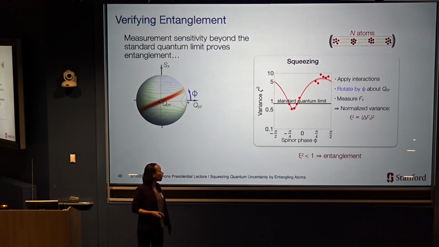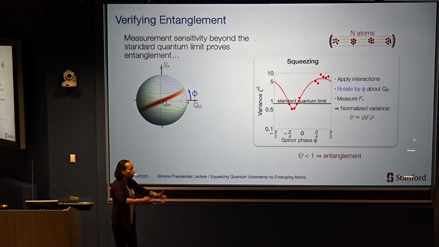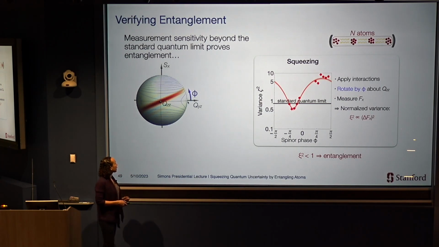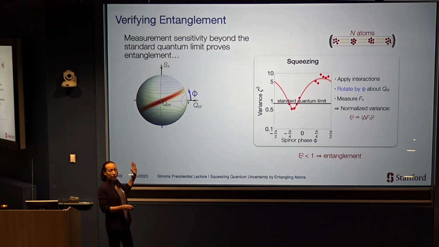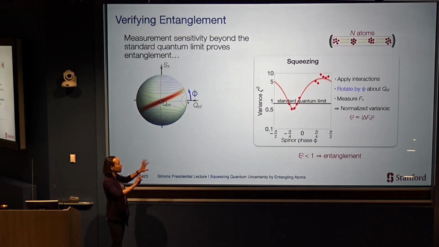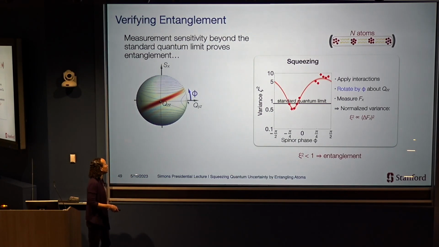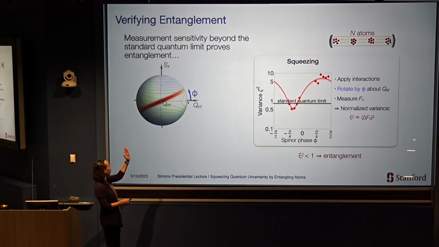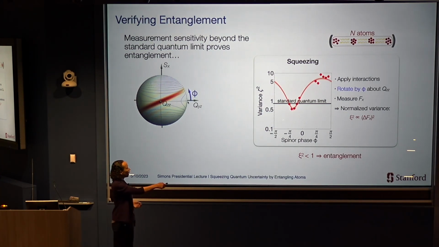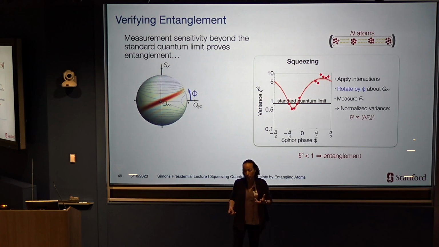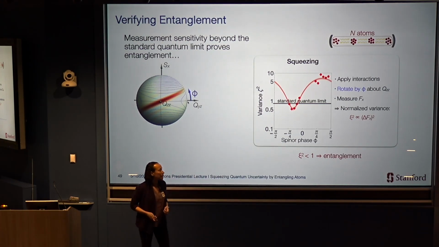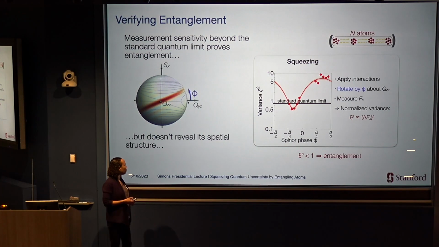It turns out in the simplest example, when we turn on this light that generates these correlated atom pairs in our system, one can actually look at quantum fluctuations in different observables. This is something like that spin sphere I showed before. The axes are a bit different. That's details of having 3 internal states instead of 2. But roughly speaking, we can measure quantum fluctuations as a function of the angle of my measurement and see that if I look along this narrow axis, I see some fluctuations that are squeezed below the standard quantum limit, and that tells me there's entanglement in the system. But it doesn't yet tell me anything about the spatial structure of entanglement.